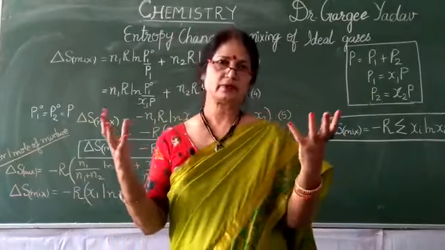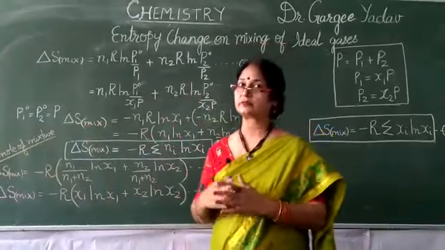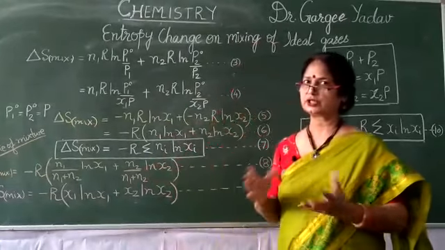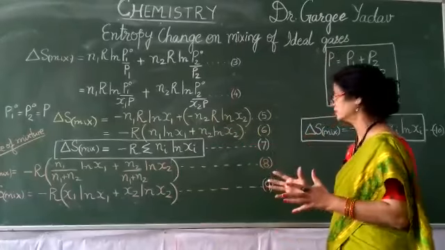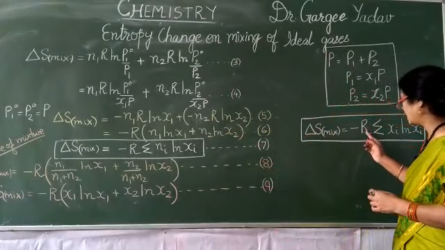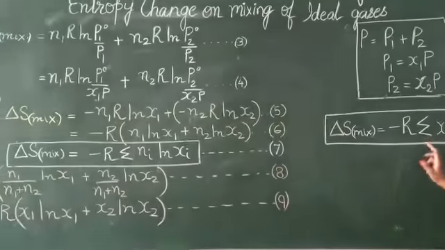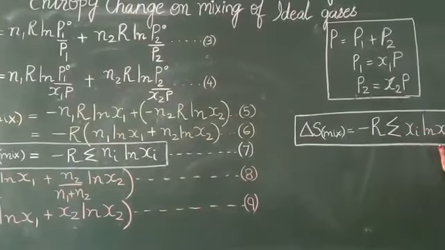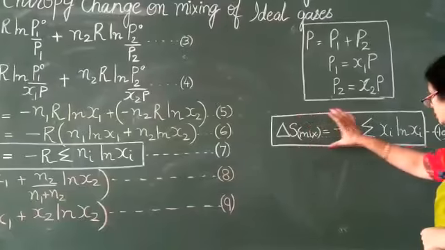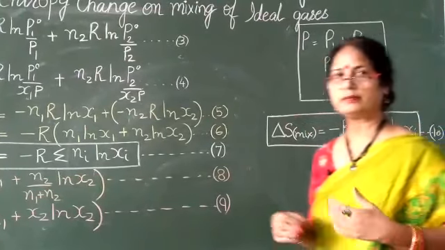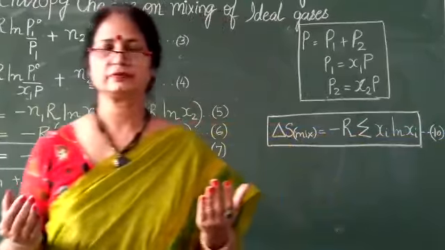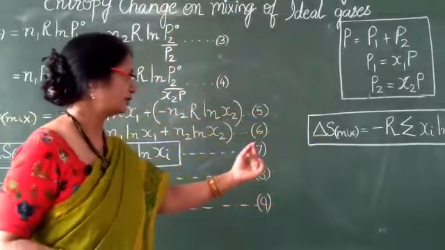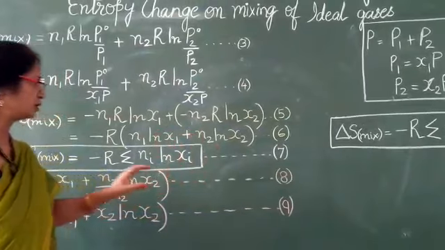Suppose there are I number of ideal gases, several gases being mixed, and the whole makes 1 mole. Then the general equation for such a mixture will be minus R summation of the mole fractions of I gases times log natural xi. So this gives the general equation for entropy change on mixing of I number of ideal gases. We can see equation number 10 is a general equation. Similarly, equation number 7 has also